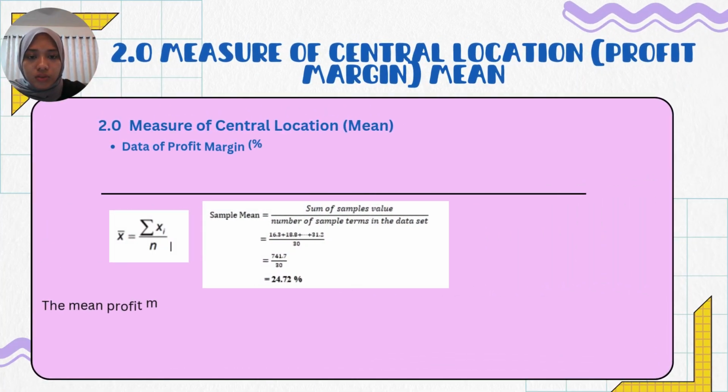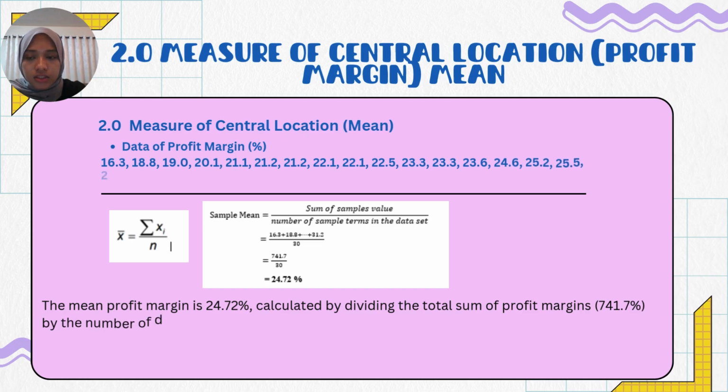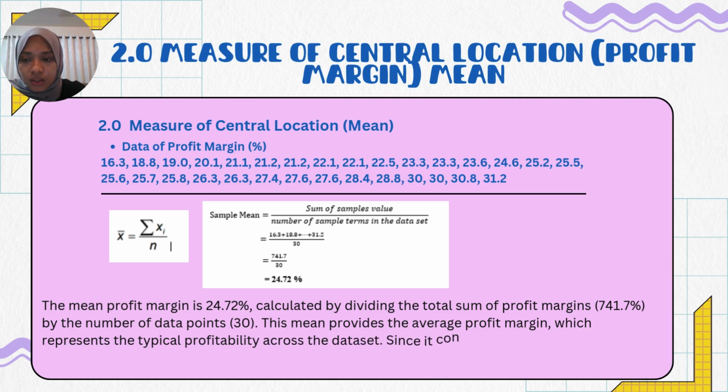Move on to the next slide, which is to measure the central location of profit margin. The first step, we need to rearrange, as usual, the data of profit margin in ascending order and use the sample mean to calculate the mean profit margin. The mean profit margin is 24.72%, calculated by dividing the total sum of